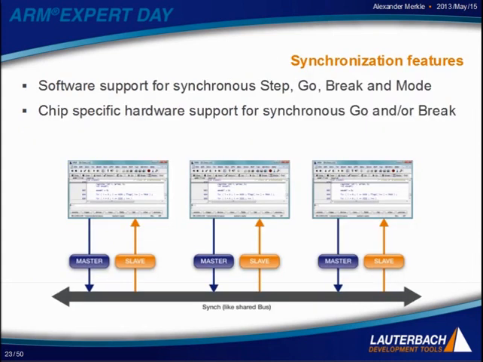Finally, what we get is a multiple GUI. That is, we have multiple TRACE32 windows. I'll show you here 3 of them. And each GUI here is in charge for one core of our system, or for one set of cores. What is most times quite useful is synchronization. So for example, when you want to start your ARM application processor, you also want to start your DSP. And vice versa, when you stop your DSP, you want to stop your ARM application processor. So what we support is